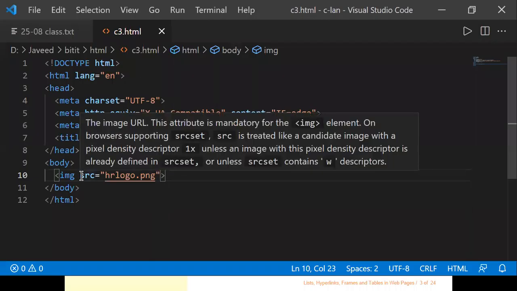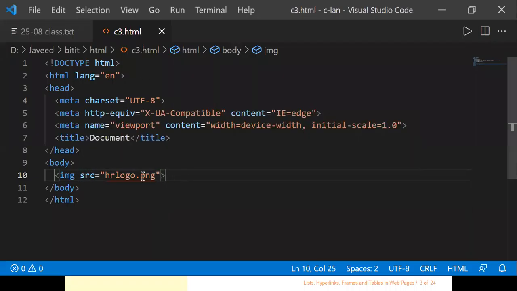Now you see that the image is not displayed for us. Why the image is not displayed here is because the image is not available in the folder where I am working. I'm working in this folder, you can see that folder there, BIT HTML. This is the folder where you are working. So when I'm specifying the image source, I gave just simply the image source is equal to this one. That means it is trying to open a file from the working directory.